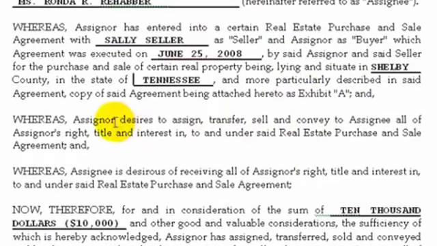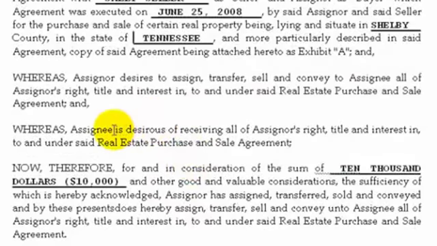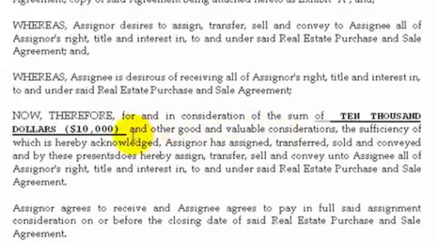Whereas assignor, that's me the wholesaler, desires to assign, transfer, sell and convey to assignee all of my rights, title, and interest in, to and under said real estate purchase and sale agreement. And whereas the assignee, the investor I'm flipping this to, desires to receive all of my rights, title, and interest in and under the real estate contract. Now therefore, and in